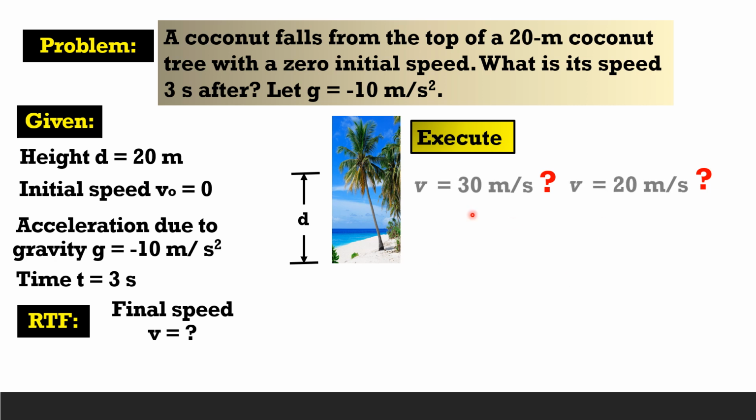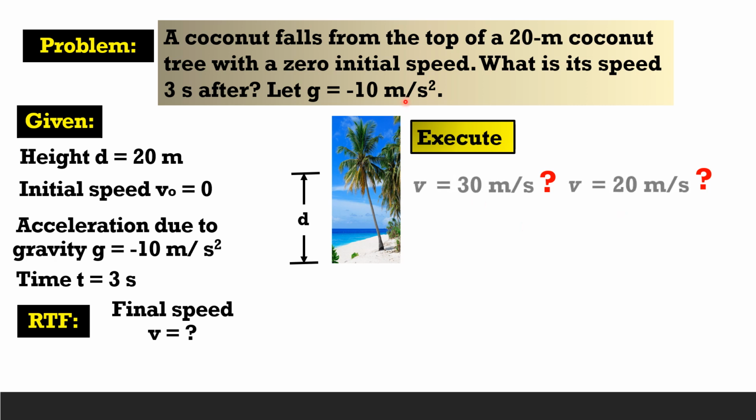So, how come there are two answers? Well, for the values of v, 30 meters per second, as far as the equation is concerned, there is nothing wrong. As well as the second answer. It's just that